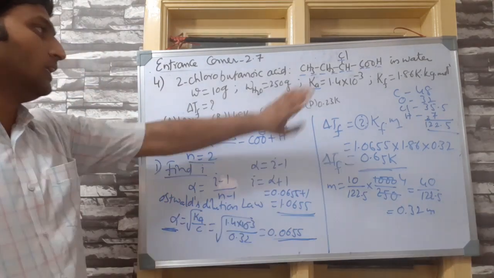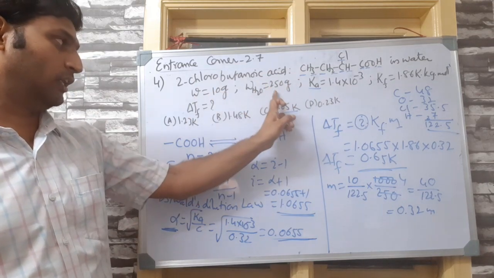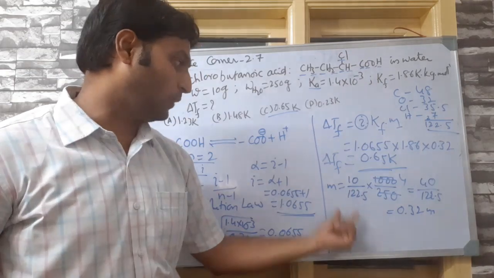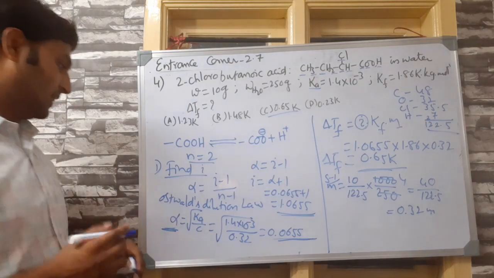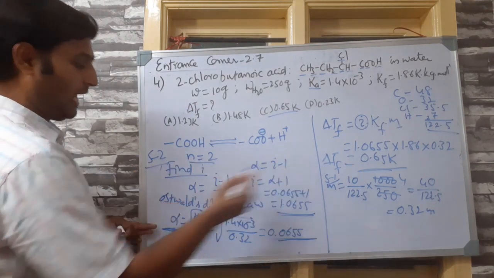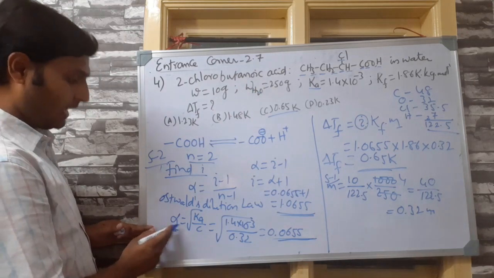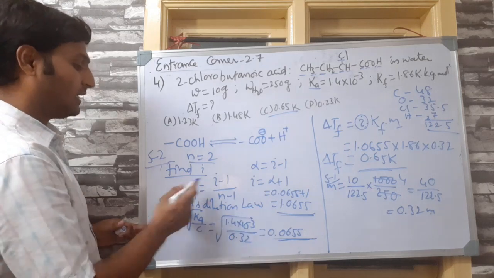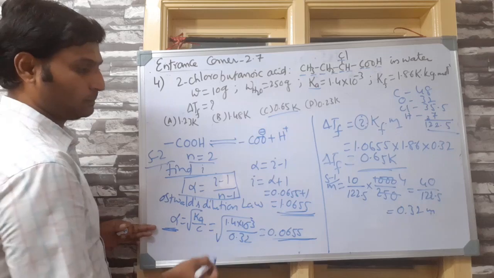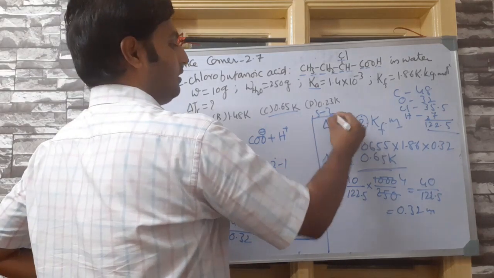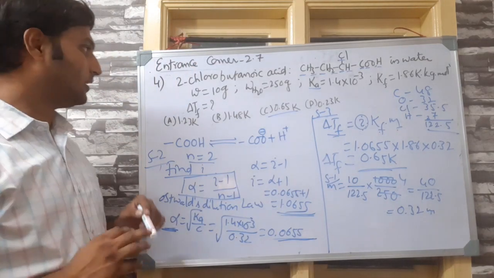So quickly, from the weight of solute, weight of solvent, and molar mass of solute, we calculated molarity. This was our step 1, actually, I am sorry. Then step 2 was using molarity, I found alpha value because he has given you Ka. So using Ka and C, I found alpha, and substituting alpha in the expression for alpha versus I, I found out the I value. Then step 3, substituting I, Kf and m, I found out delta Tf. Clear? That is question number 4.